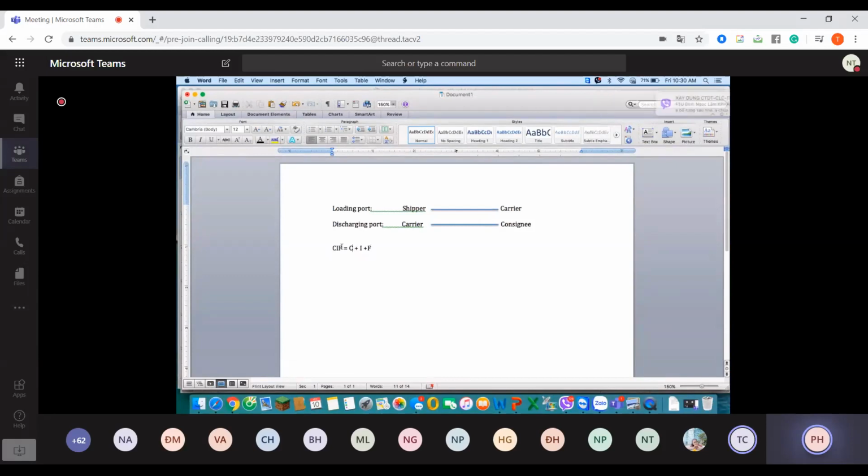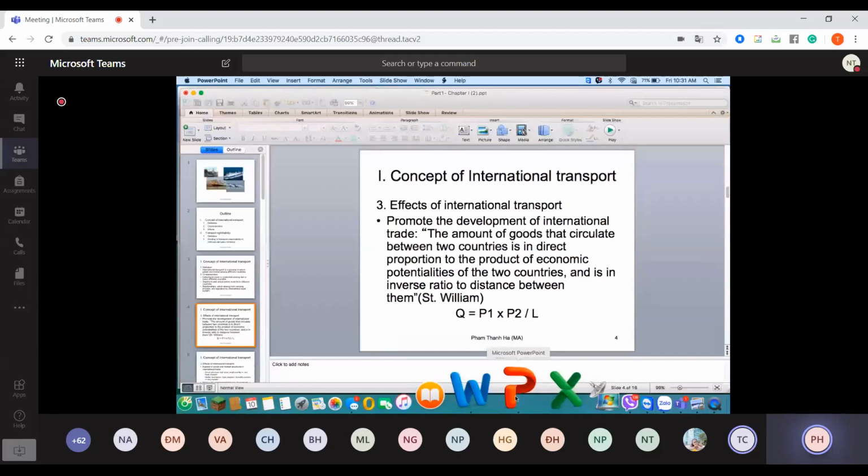So there is a very tight relationship between transportation and international trade. Because if we have more chance to sell our goods in the international market, the volume of goods in international trade will be much higher. So you have a very tight relationship between the transportation costs and international trade. And we have to focus on the transportation costs. That's the most important thing that we need to analyze if we look at the relationship between transportation and international trade. So what I mean is, coming back to the slide,